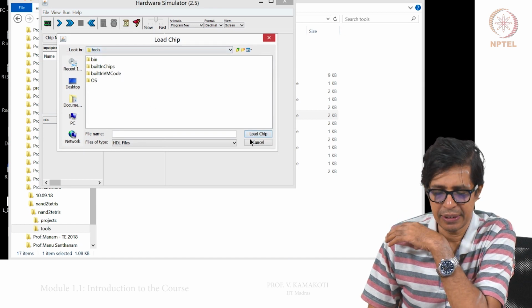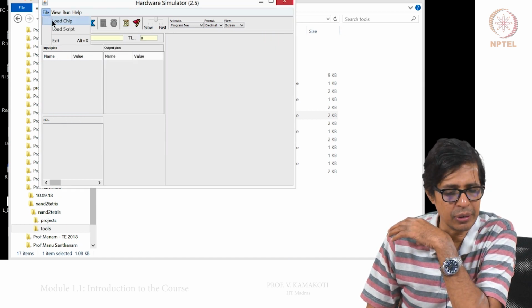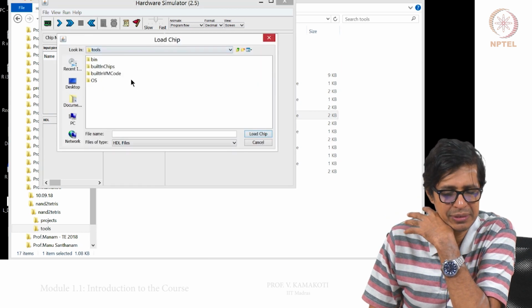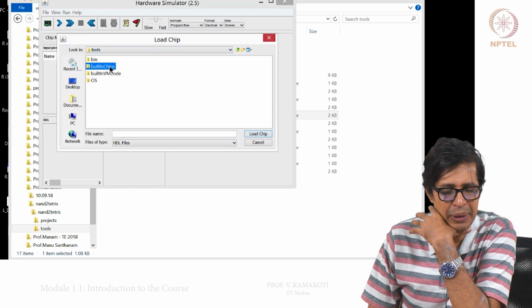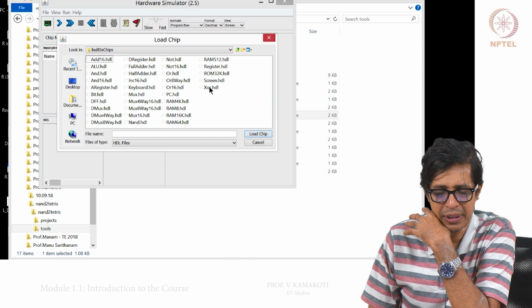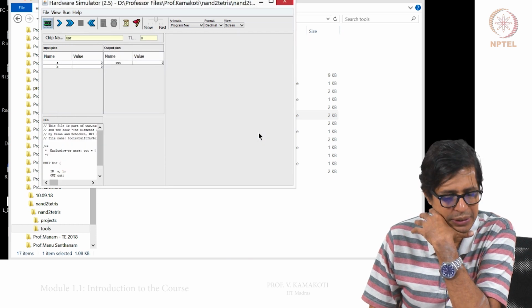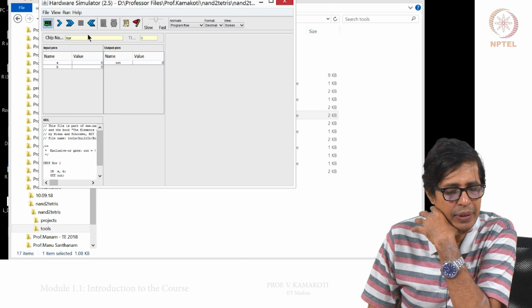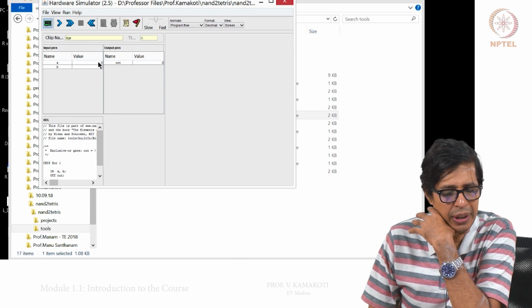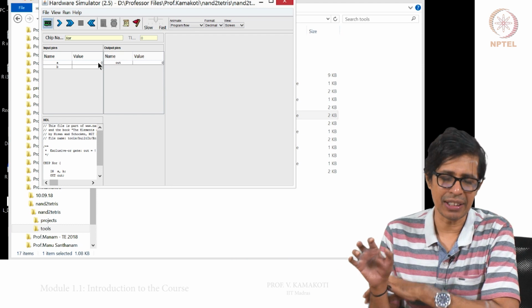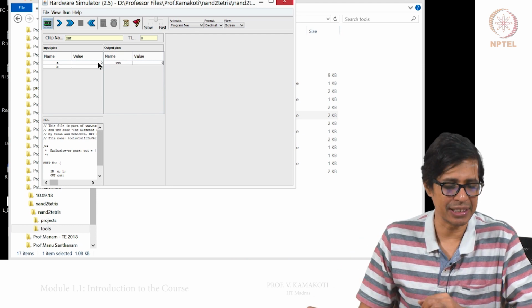Say file, load chip, go to built-in chips, click on Xor.hdl, click load chip. Now, this is an XOR gate, we will explain what an XOR gate is shortly.